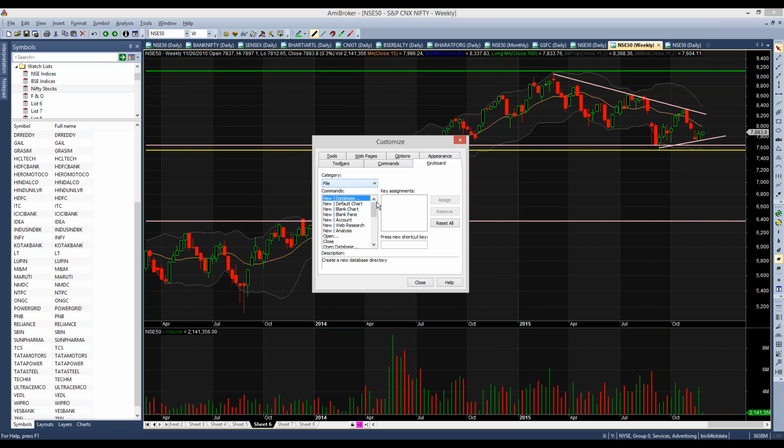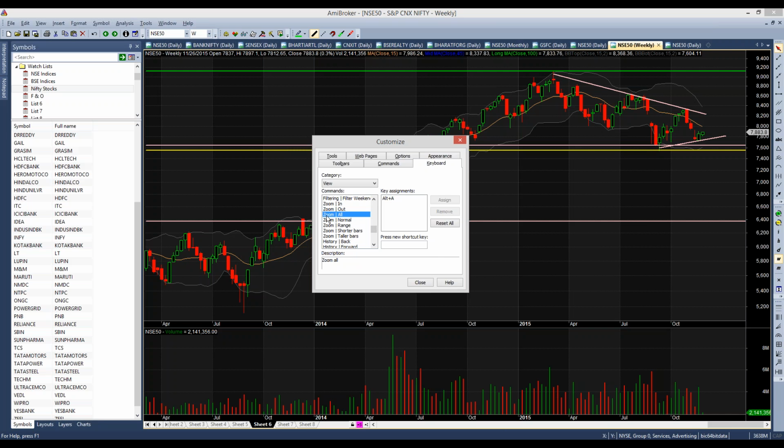In case you're interested, just to know what all Amibroker can do, you can go to each of these. Under keyboard you have all these categories. I think a quick, effective way to figure out what all Amibroker can do is just sit and go through new database, new default chart, new blank chart, and so on. Anyhow, you can do this later, but go to view, click that, and you've got all these things in view. If you come right down, you've got zoom in, zoom all, zoom out,